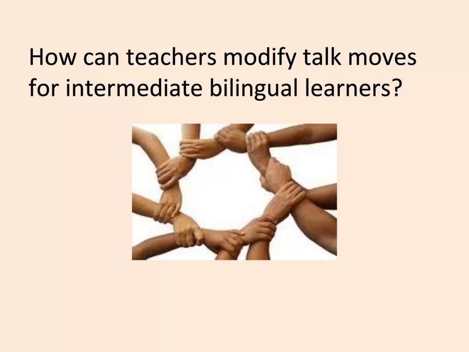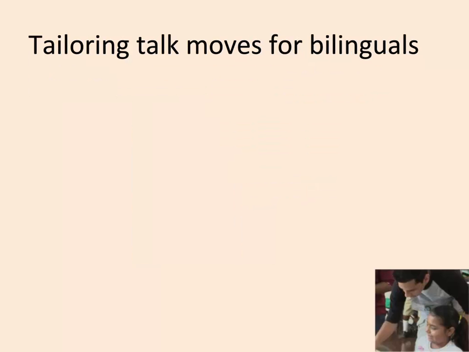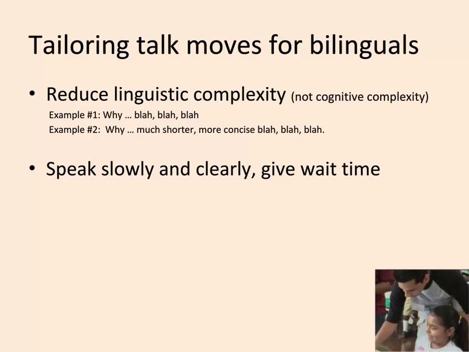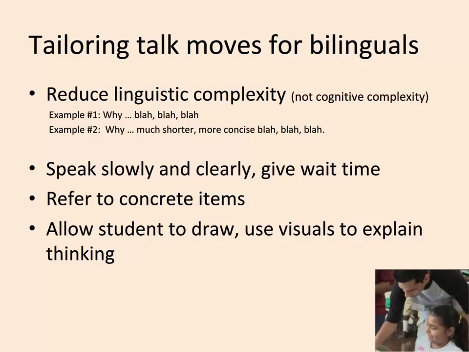Now, let's think about discourse with specific attention paid to our intermediate bilingual learners. Several considerations can help us tailor talk moves for bilinguals. The first is to reduce the linguistic complexity of our questions without reducing the cognitive complexity. We can do this by trying to make our questions shorter, more direct. We can speak slowly and clearly, refer to concrete items, and allow students to draw or use visuals to explain